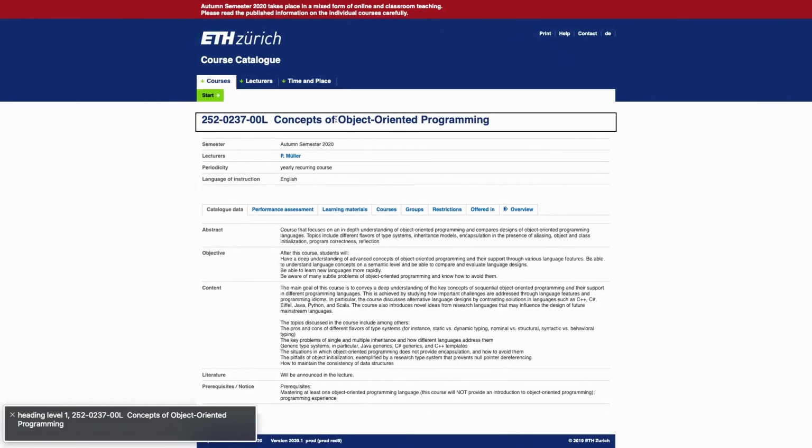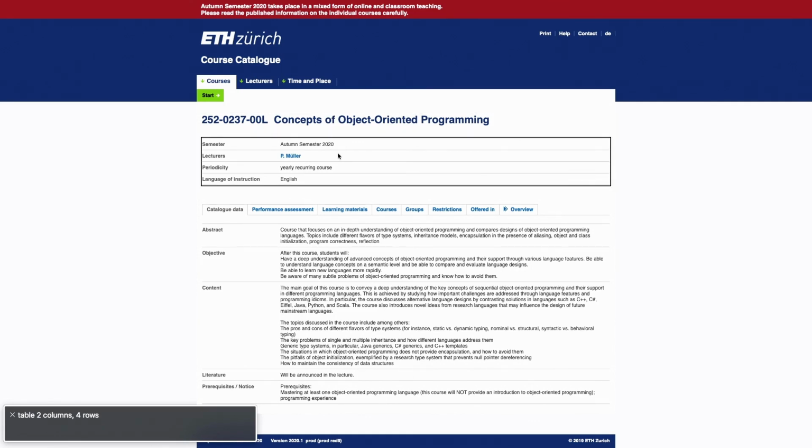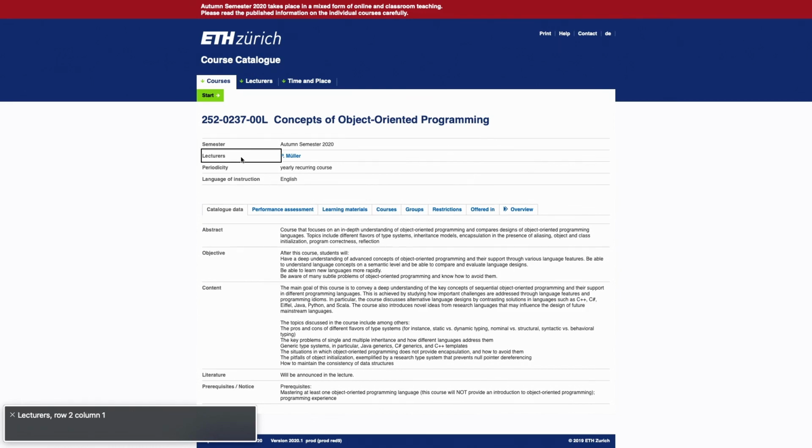Heading Level 1. 252-0237-00L Concepts of Object-Oriented Programming. So it reads the number of the course. Table. 2 columns, 4 rows. Then I go into this table. Lecturers. Row 2, column 1. P. Müller. Link. Column 2. Periodicity. Row 3, column 1. Yearly lecturing course. Column 2. You also hear that the screen reader always announces the row and column numbers, so that I actually can also navigate